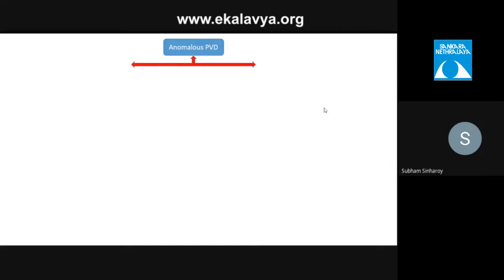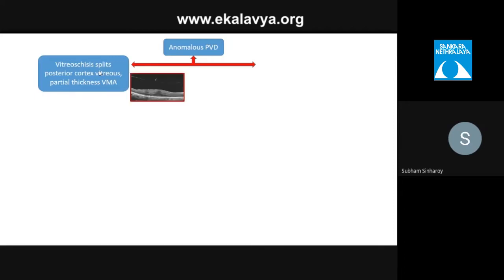So let's see how it will lead to various vitreoretinal diseases. First, in case of anomalous PVD, there can be an entity called vitreoschisis, when there is a split in the posterior cortex and it splits into 2 layers. In the OCT you can see it is split, and you can also see a membrane lying just above the retina. It can form a premacular membrane because the leftover residual vitreous cortex will eventually cause cellular proliferation and development of a premacular membrane. In that case, it can cause tangential traction.